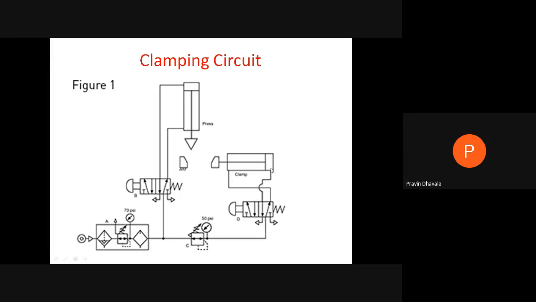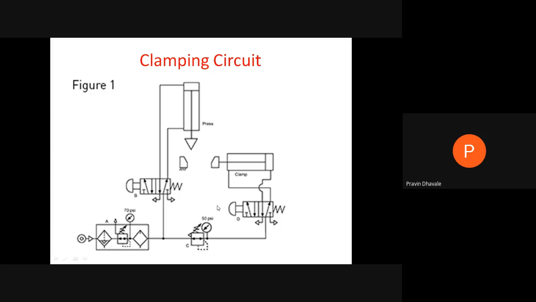So whatever air is present over here will come out and be thrown out to the atmosphere. At the same time, for this cylinder, whatever air comes goes to this side and moves this piston in the upward direction, right? Then whatever air is on the piston side will come to this port and be thrown out to the atmosphere. Now